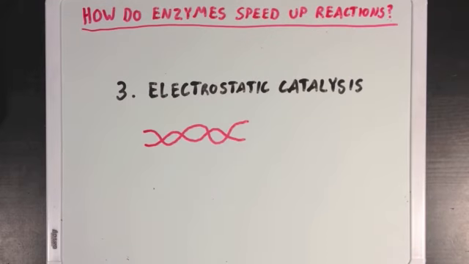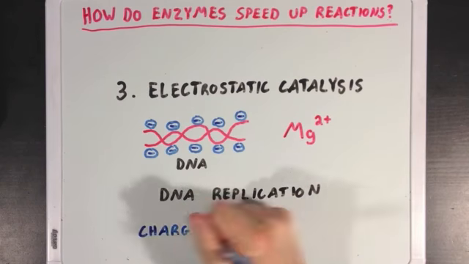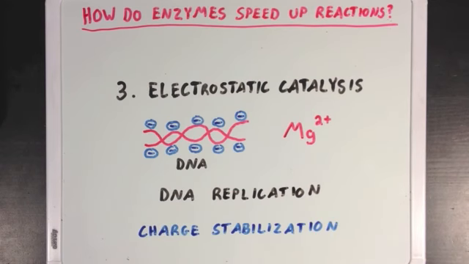Next we have electrostatic catalysis. Now if you remember, DNA is a very negatively charged polymer because of all the negatively charged phosphate groups that we find in DNA. So if an enzyme had a metal cation on it, like magnesium, we could use it to stabilize the negative charge found in DNA and make it a little easier to work with. And DNA polymerase, which is the enzyme that allows DNA replication to occur, does exactly this. And in order for it to help with DNA replication, it needs to find a way to counteract all of the negative charge on DNA, and magnesium ions totally come in handy there.